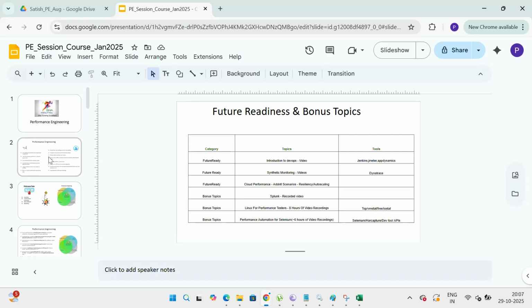Now, this course is tailored for performance engineering for the people who are already having experience in performance testing, who wanted to skill themselves into performance engineering, and also for the people who are test leads or in development, if they wanted to get into the performance domain, this course will help them to cross skill, right?